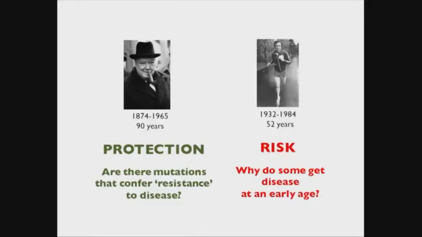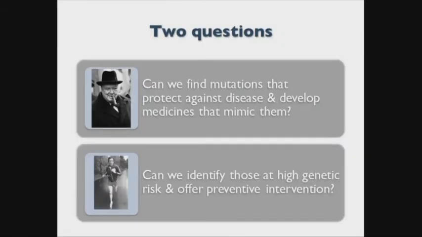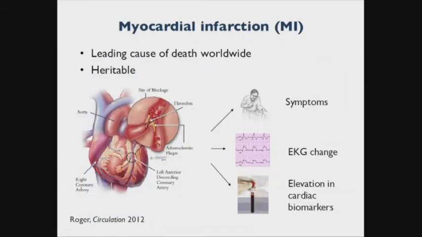So these two men, I think, highlight two concepts. One, resistance to disease, and the other, premature disease, basically factors that might actually confer susceptibility, and that's what I want to talk about today. So protection, are there mutations, for example, that might confer resistance, and then why do some get disease at an early age? And I'm going to focus on one disease that we've worked on, and that's namely coronary heart disease,